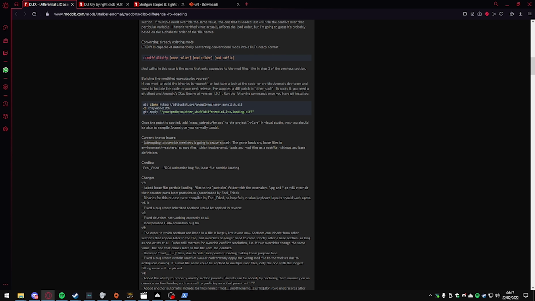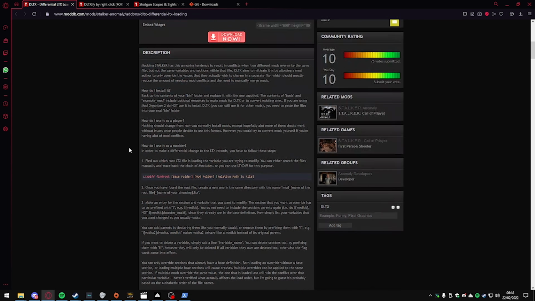Attempting to override weathers is going to cause a crash. The game loads any loose files in environment/weather/ as root files, which inevitably loads any mod files as root files without any base definitions. Now you want to take care. If you watch this video anywhere after the 1.5.1 version of Anomaly has been released, it could have been already fixed, so you don't have to worry about this. If you're watching this likely after it's been released, or likely during the release of 1.5.1 Anomaly, or of the release of DLTX differential LTX loading version number